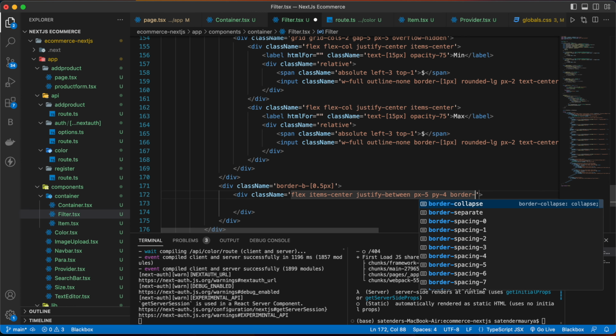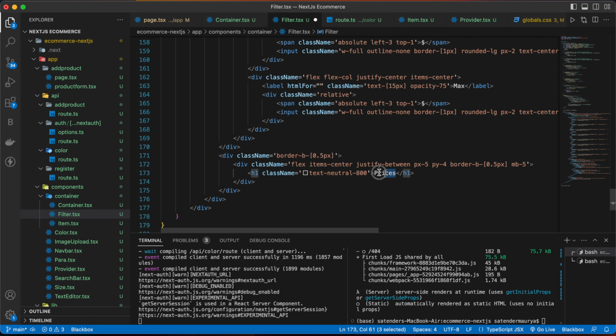Inside that we are going to have an h1 tag, so copy that from here, paste and change those two colors.